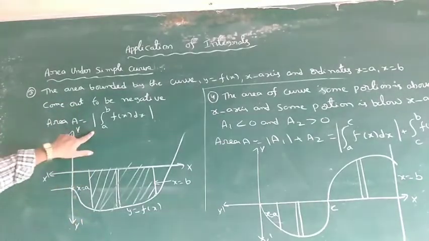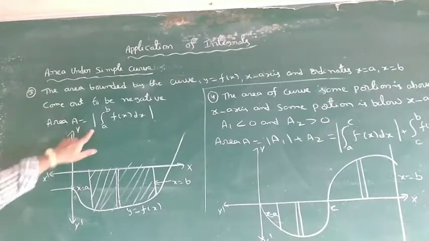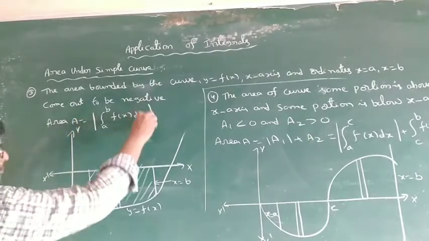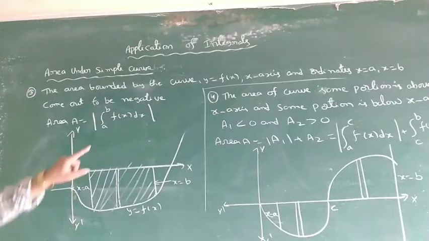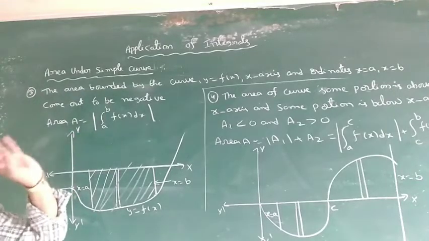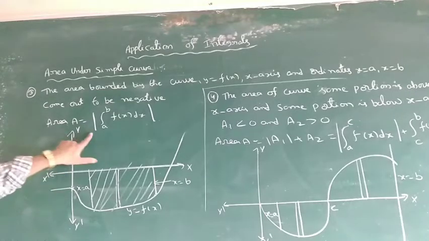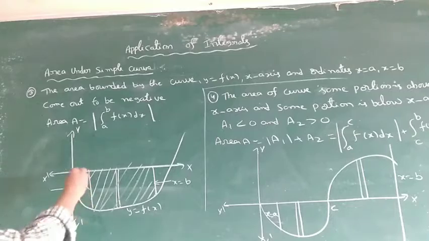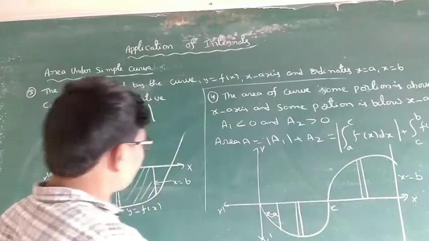So the area should not become negative. If a negative value comes, apply the modulus. The area value is the same but with a negative sign. This is plus 2, this is minus 2. The sign is different, and it should not be negative, because every area, length, perimeter, volume, and surface area is always positive. So using modulus for the downside, a to b.